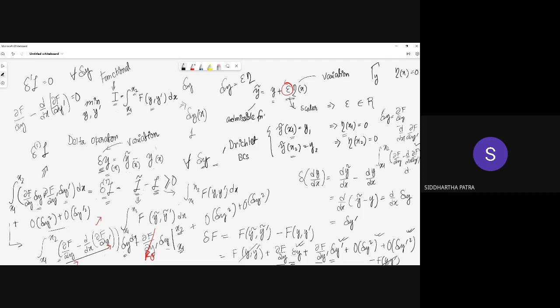squared dx equals 0, and that would be only true if this quantity is trivially 0 everywhere between x1 and x2. And that is the only thing that you are claiming, that only between x goes from x1 to x2, and I'm deliberately not putting less than or greater than equal. So only between these two boundary points is that relation true, that this so-called Euler-Lagrange equation should be true between these two values.